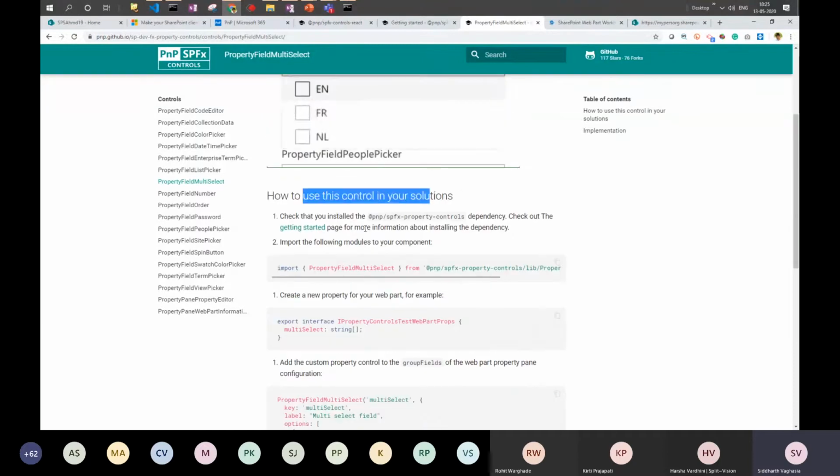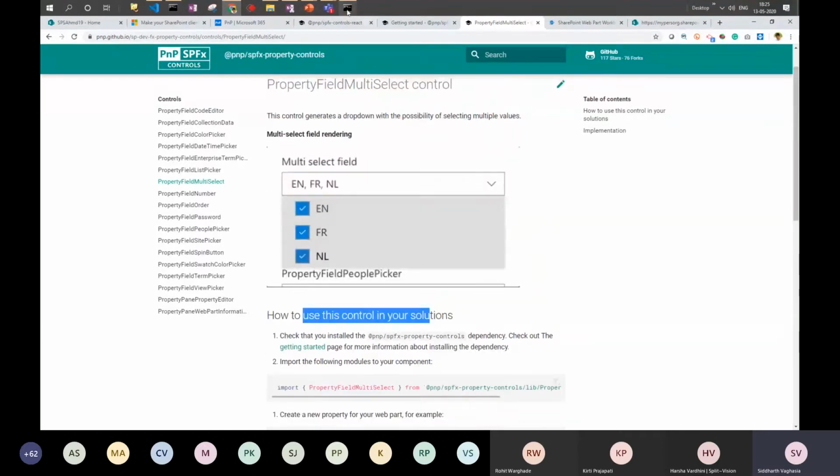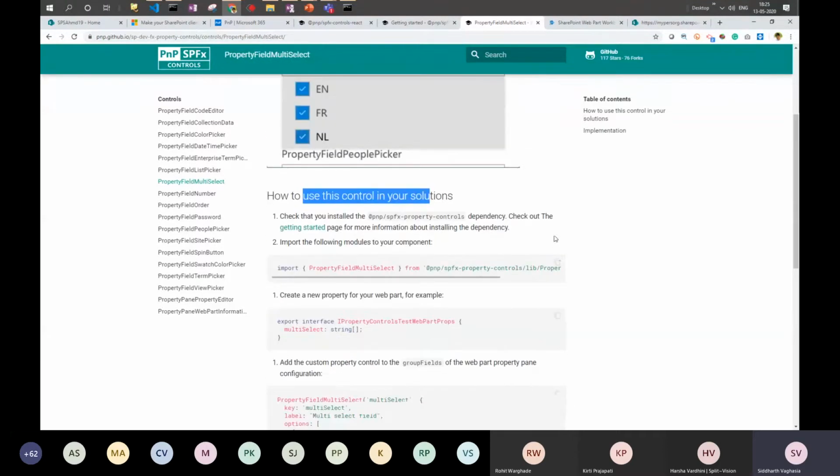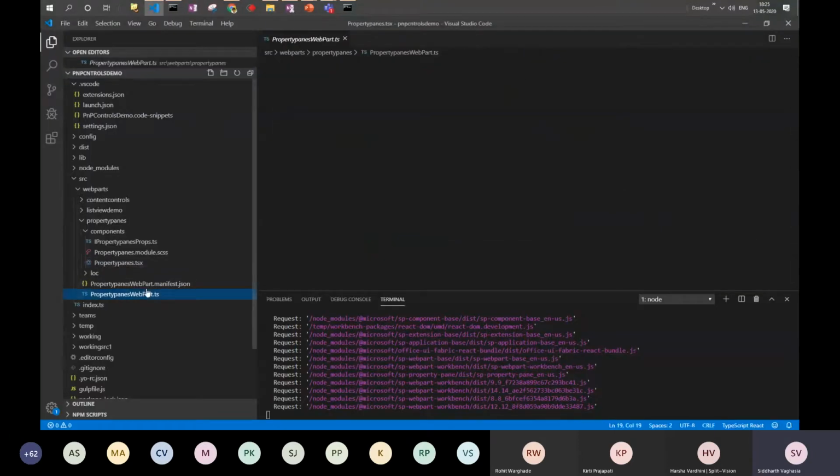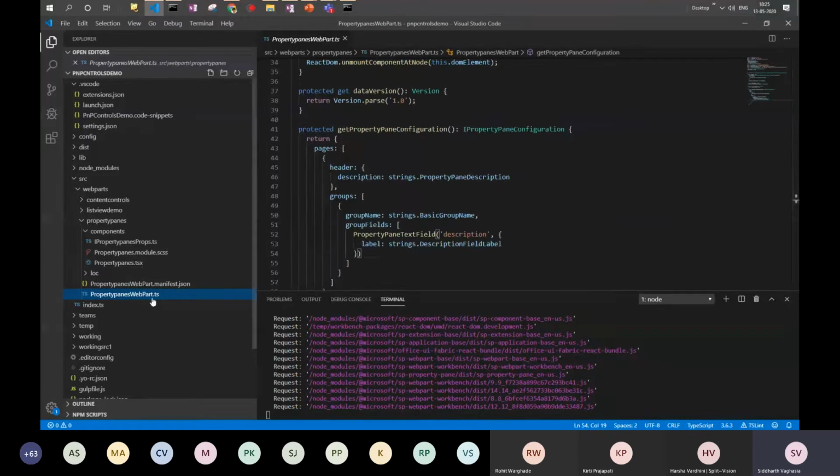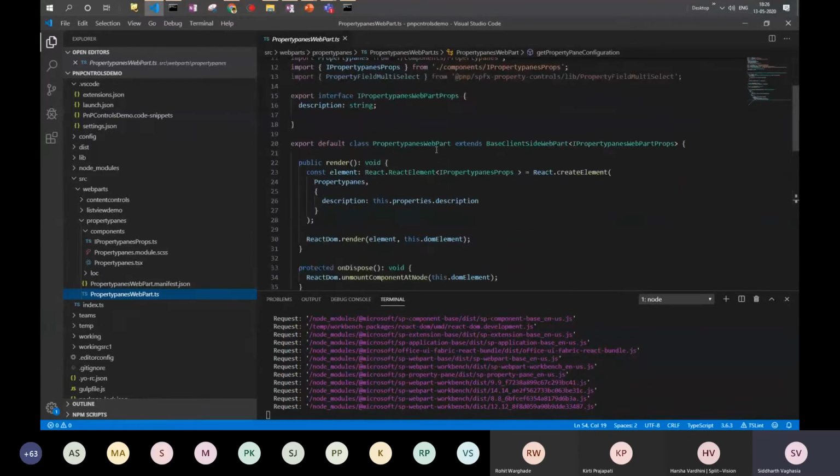So how to use this control? Please understand I have already installed the packages, so these packages are already installed and can be used directly. First I will import the module in our component. As it is a property pane control, we will be doing it in our webpart.ts file.